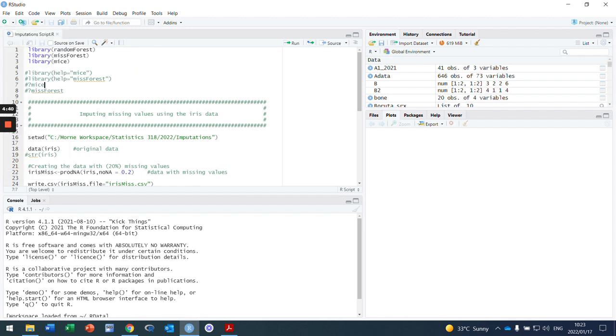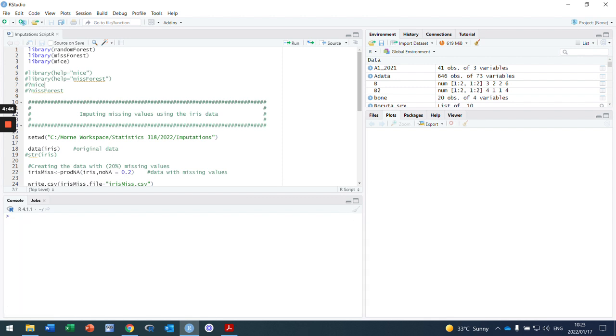Okay, so let's work through this. Let's clear our console at the bottom, and then we're ready to do all the work in this particular script file. The libraries that we're going to load: